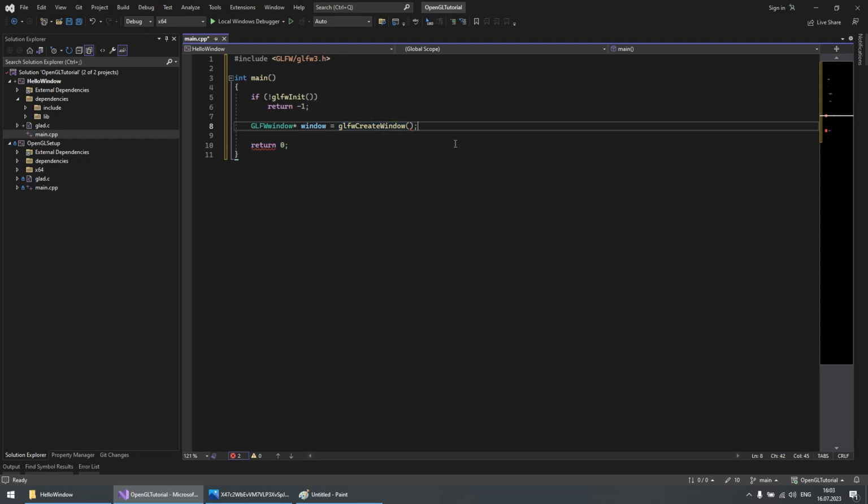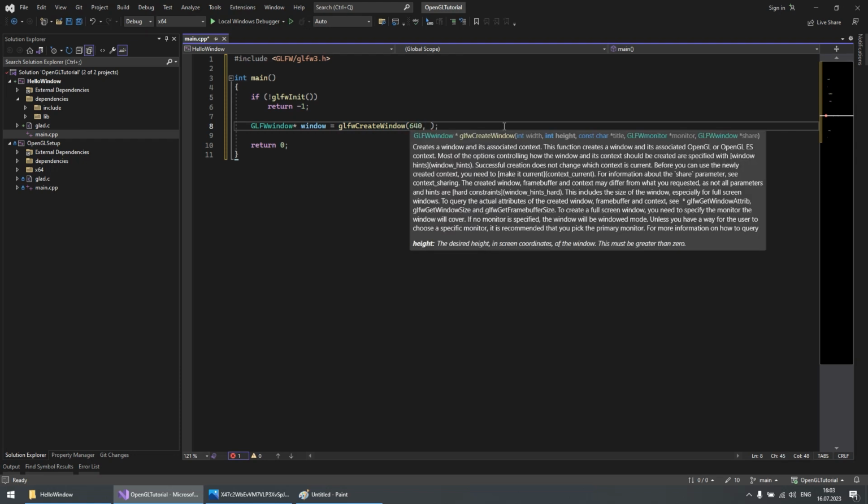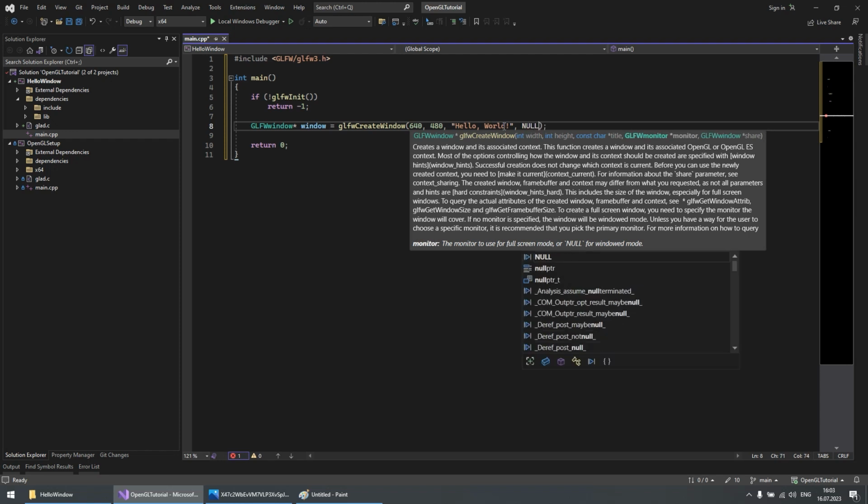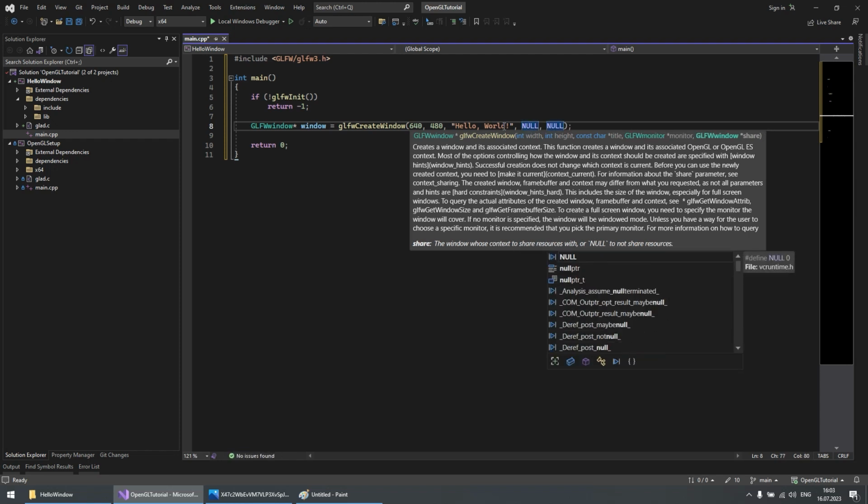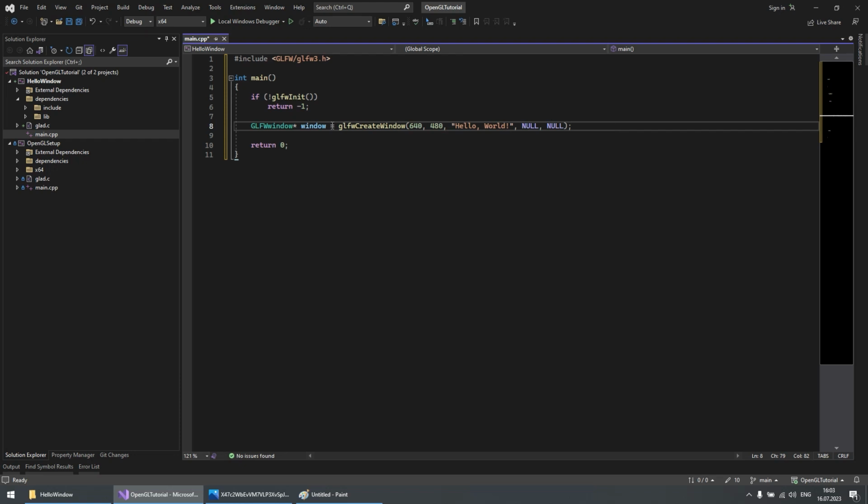For passing parameters, for the width we can say 640, for the height 480, and for the title we can say hello world.